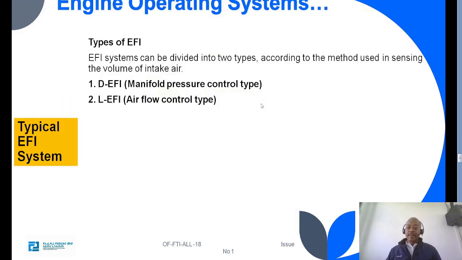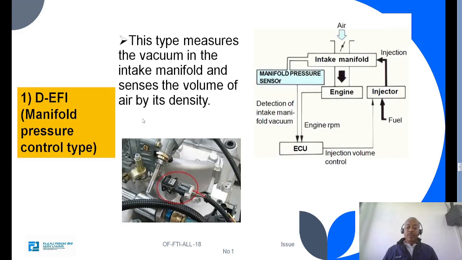Typical EFI system. Types of EFI. EFI systems can be divided into two types according to the method used in changing the volume of intake air: D-EFI type and L-EFI. The D-EFI. So this typical type of air measuring device is shown